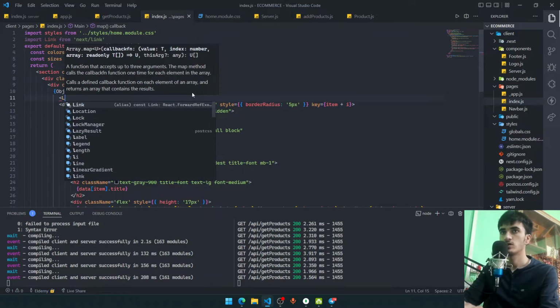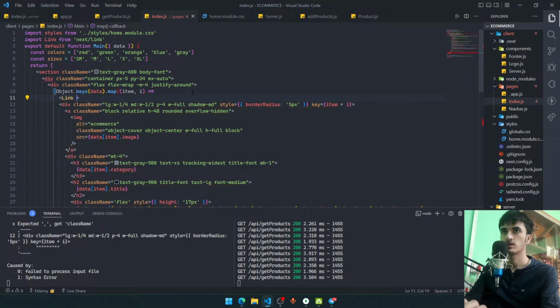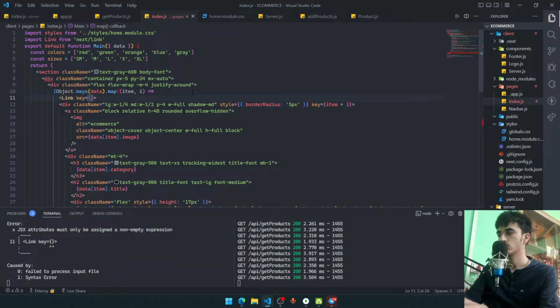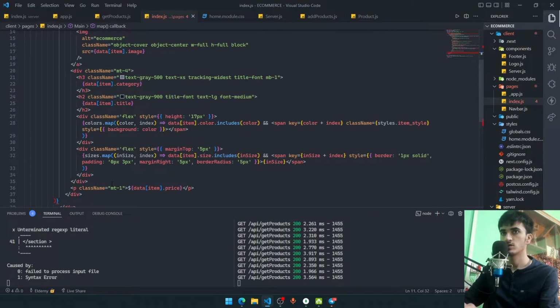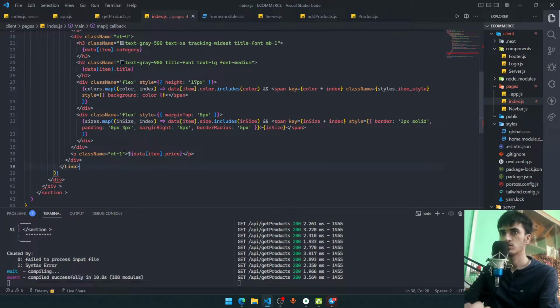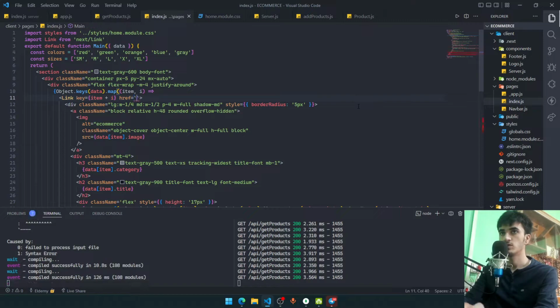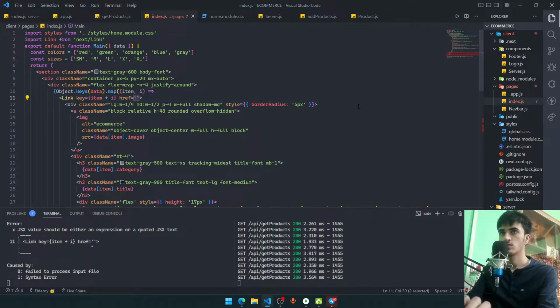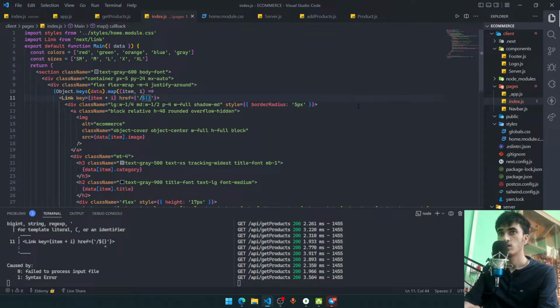Here we'll say the link goes like that. Where the key is equal to plus I. We'll remove the key from here because it's not needed. And href is going to be, okay, href is going to be slash our